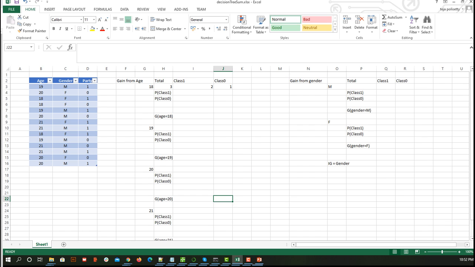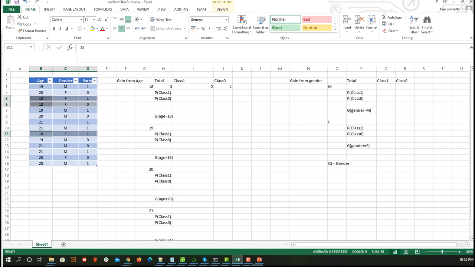So what is the method? First we will focus on age. In age, how many have 18? We can see 1, 2, and there should be 1, 3. So we have 3 people who are of age 18, and we have written our age total as 18.